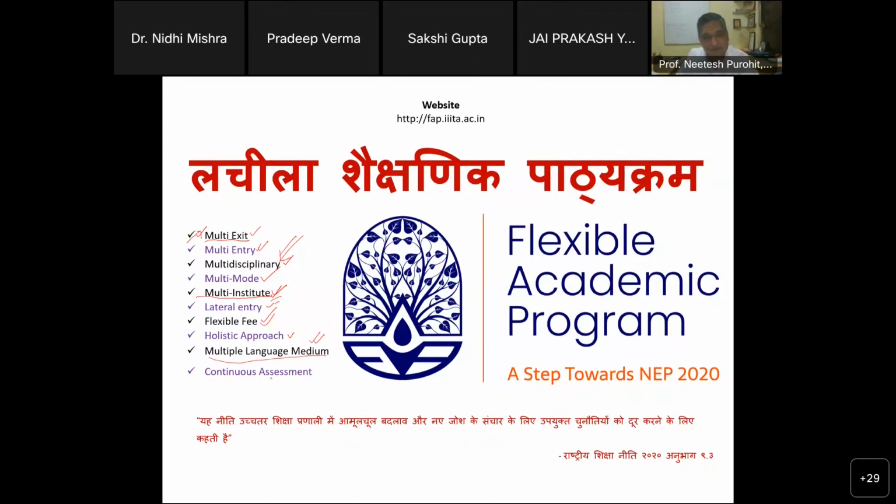And another feature is the continuous assessment. That is also mentioned in the NEP 2020 categorically, that the examination load, the examination pressure should be released. And it is said that when we are trying to have a seamless assessment in a continuous fashion, it is also something which is very challenging.